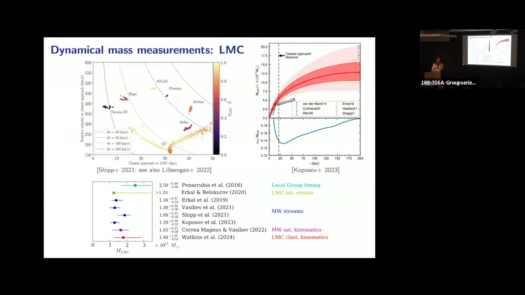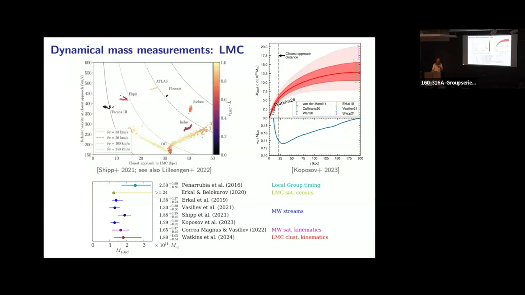The interesting thing is that streams could be used to probe the radial dependence of the mass, because each stream comes at a different pericenter distance to the LMC. So it gets distorted in different ways. It depends on both the pericenter distance and the relative velocity, which is shown here on this plot. So several streams, I think from Nora's